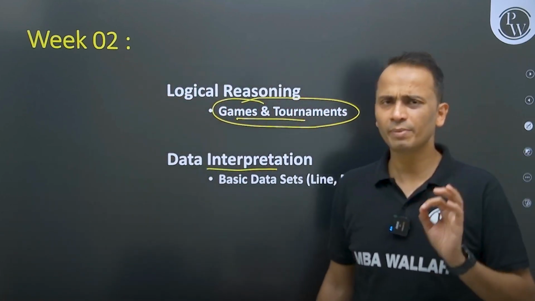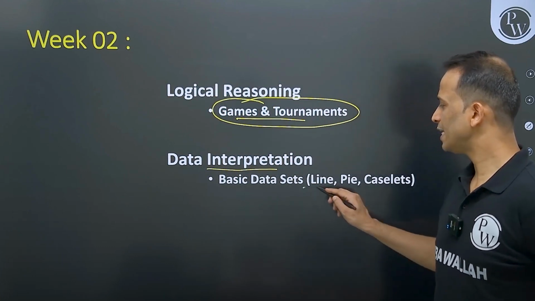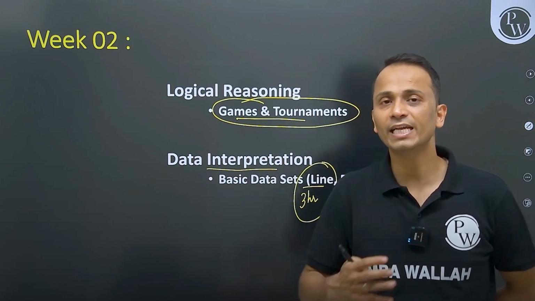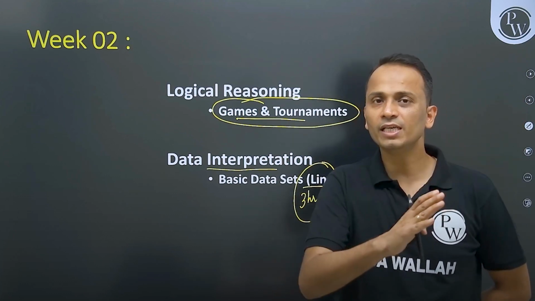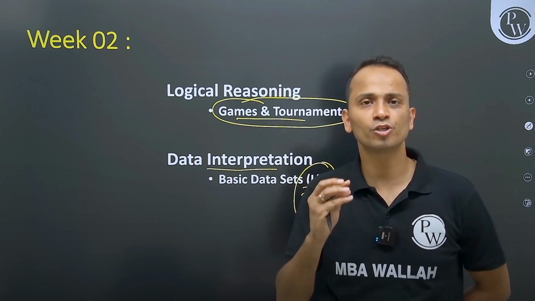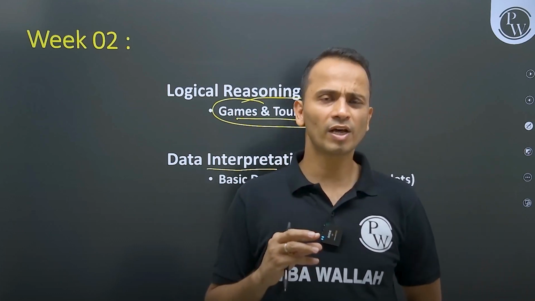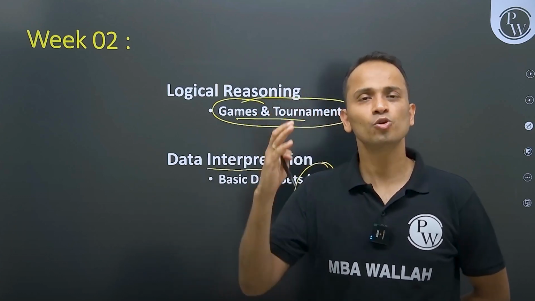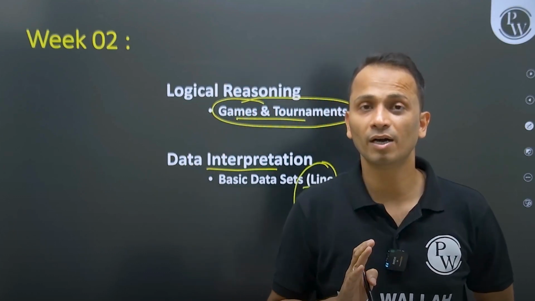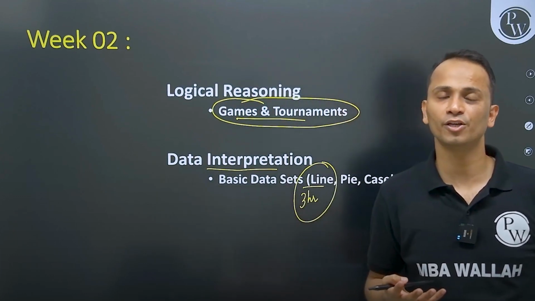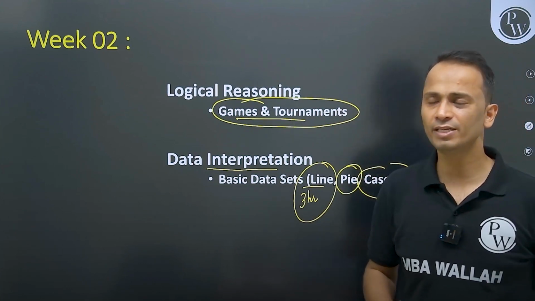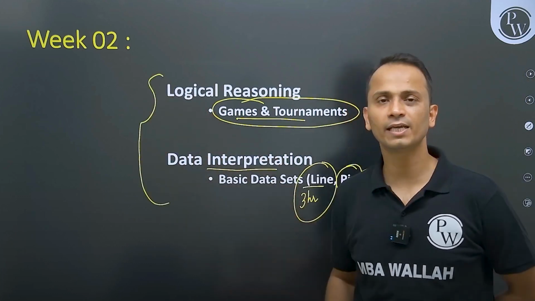Make sure that you are devoting at least 3 hours to the questions which have the data in the form of line graphs. So study and practice each and every type of question of line graph. Okay, don't just run for CAT level of difficulty questions. Understand the basics first, and then you have a lot of days left over which you will be handling the questions which are of the level of difficulty of CAT. Okay, right? Do the same with pie charts and caselets, right? So you'll be able to finish all these things in 1 week.